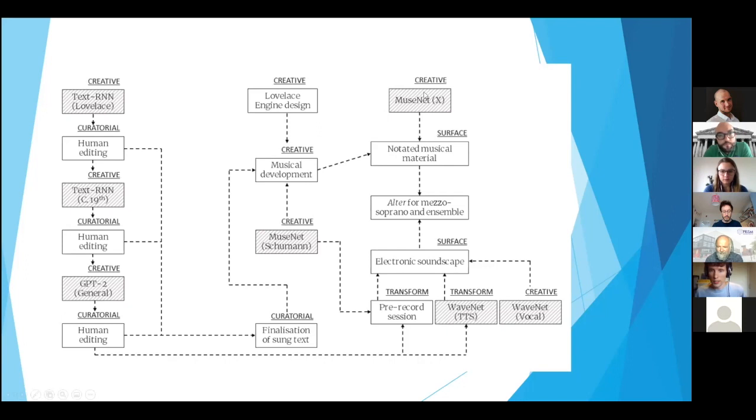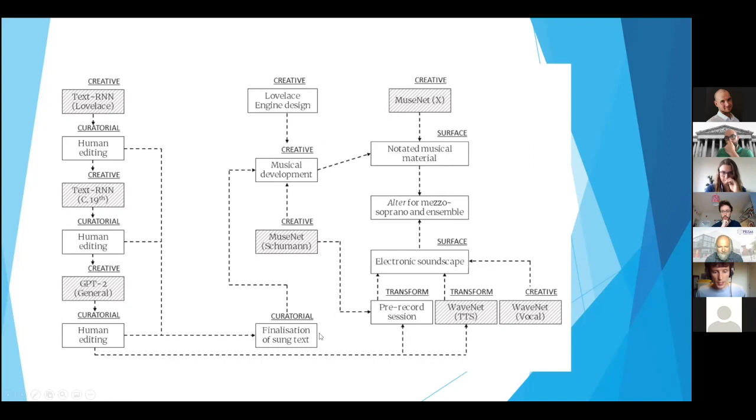And some of this material went in verbatim, as you can see. We also had another use of MuseNet down here, where I instructed it not to write music in my style for the ensemble, but in the style of Robert Schumann, the classical composer, whose dates lie very closely with Ada Lovelace's own dates of her life. And this provided a little bit of AI-generated, but sort of contemporary or pastiche music that was blended into the texture as well, which I then developed along with ideas from the percussion instrument I talked about earlier to create more of the musical score.